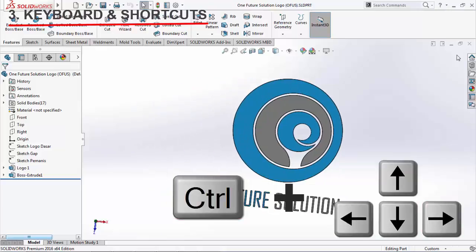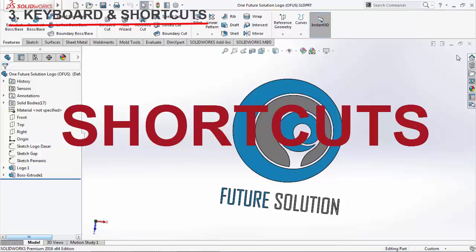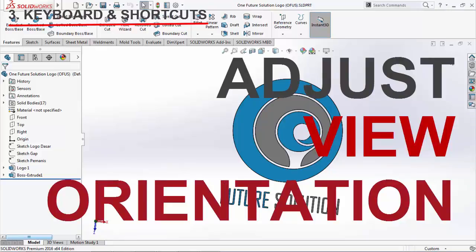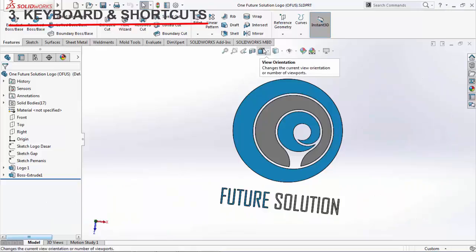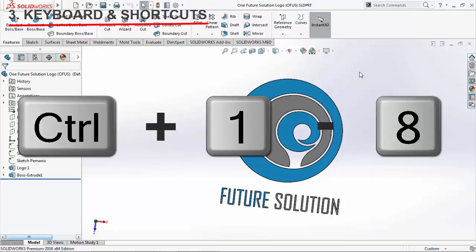Okay, after we learn about keyboard control to adjust the view in SolidWorks, now we will learn about shortcuts. As I said in the previous video, we can use Microsoft Windows general shortcuts like Ctrl+O, Ctrl+N, and others. Here, we will learn how to adjust the view orientations without going to the heads-up view toolbar. We can use the Control button plus numeric buttons 1 to 8 to activate specific view